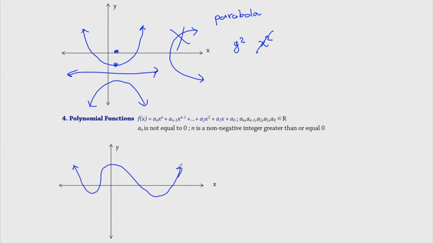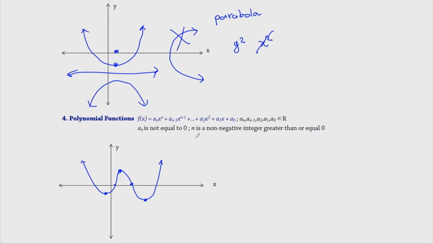So let's try to have something like this. Let me draw it again. So this is a kind of polynomial function. What is evident in polynomial functions are the critical points and the maxima and minima, which are usually determined by the highest degree of our independent variable. So it is always